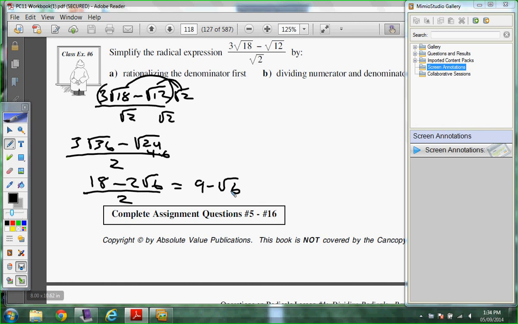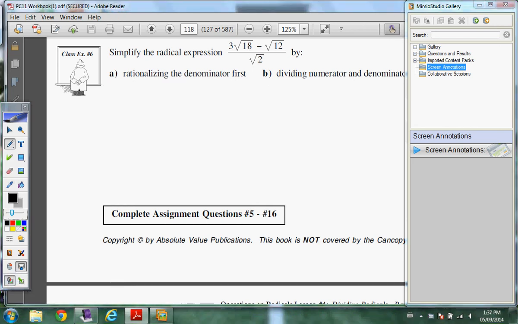Okay, so now if I divide first, the root 2 goes here and the root 2 goes here. So root 18 divided by root 2 is root 9. Root 12 divided by root 2 is root 6. So you kind of see this is quite a bit, oh, that's pretty good grammar. This is a lot faster. Okay, this doesn't take as long. That makes a 3, so 3 times 3 is 9. That's just root 6. So if you can divide it out first, it makes your life a little bit easier. All right. Okay, that is it. So what I do want